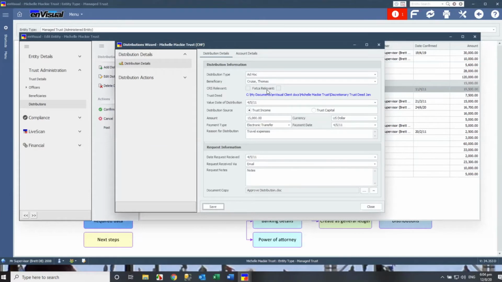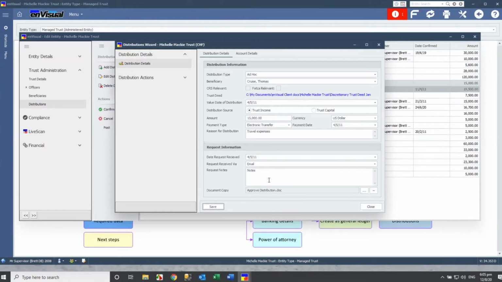If there's a CRS or FATCA relevancy, that will be populated by the CRM, which is where that information is being stored. But that will come here just as a reminder. And you've got a number of details in here which you put in anyway, regardless of whether you have accounting or not. So you've got things like the values of it, the currency of it, the date it was